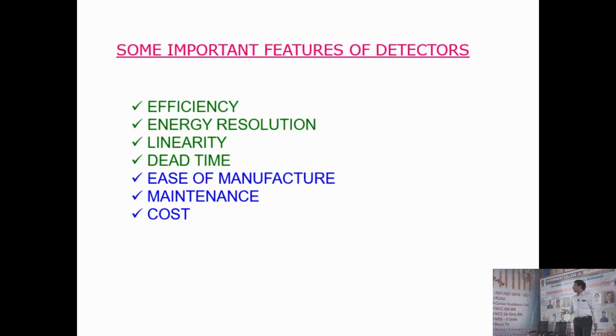Then, depending on your application, we have to choose the energy resolution, and then linearity. Because with any method, you will prepare standards and have some measurement range at one concentration, while in the actual sample it may be a different range. Whether the same linearity, the same laws will apply there or not, we have to see, and that is dictated by the linearity. Like with a spectrophotometer, you do a calibration range at different concentrations of iron, the iron 1,10 phenanthroline complex. You all must have done this in your BSc: you take different concentrations of iron, complex it with 1,10 phenanthroline, then you see the absorbance measurement,